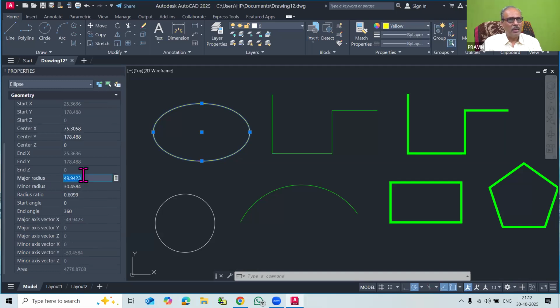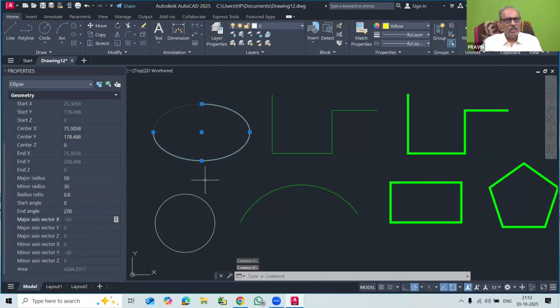So you can change the major radius. Suppose I make the major radius 50, enter. तो वो इलिप्स अपने आप से एडिट हो जाएगा. माइनर रेडियस 30, एंटर. So you can automatically adjust the major and minor radius of the ellipse, and then you can change the area also. You can check whether this can be done. So the area cannot be modified here. Likewise, these are the various important properties you can use for the ellipse. So I will try to change the end angle. I will make this end angle 270 and press enter.